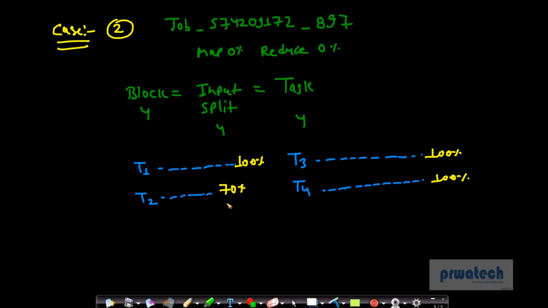Okay. Now the question is, how can I track this job in turn? What is the progress state of this job? This job is completed for 370 divided by 4, right? 100, 70. If I take the total percentage, 370 divided by 4, I'll use my calculator to do this. 370 divided by 4. This will be somewhere roughly